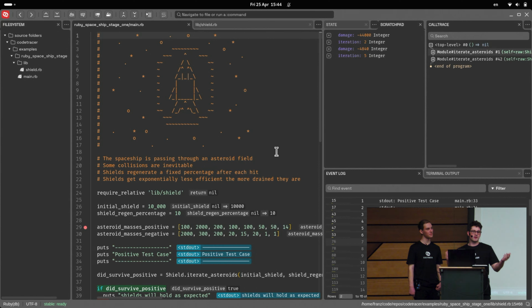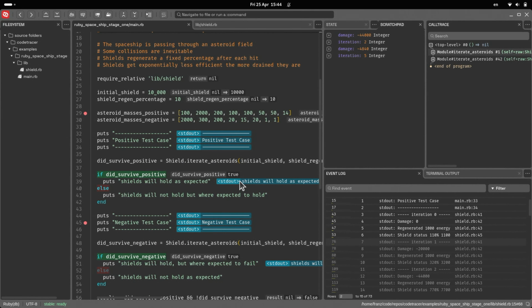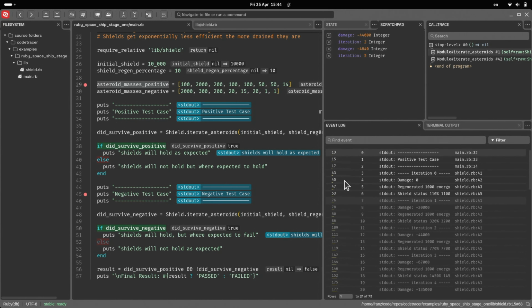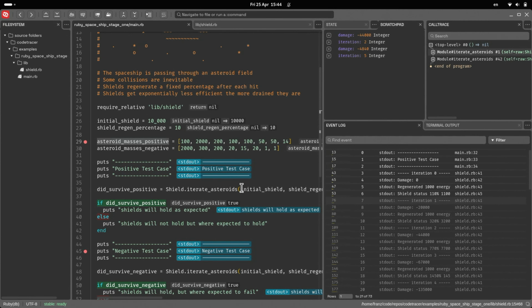So at 50% shields, an asteroid would do 50 times more damage. Okay, with that aside, let's see what this example does. Here we have the two arrays with the positive and negative test case. And right off the bat, without even navigating any further into the project, we can see from the event log